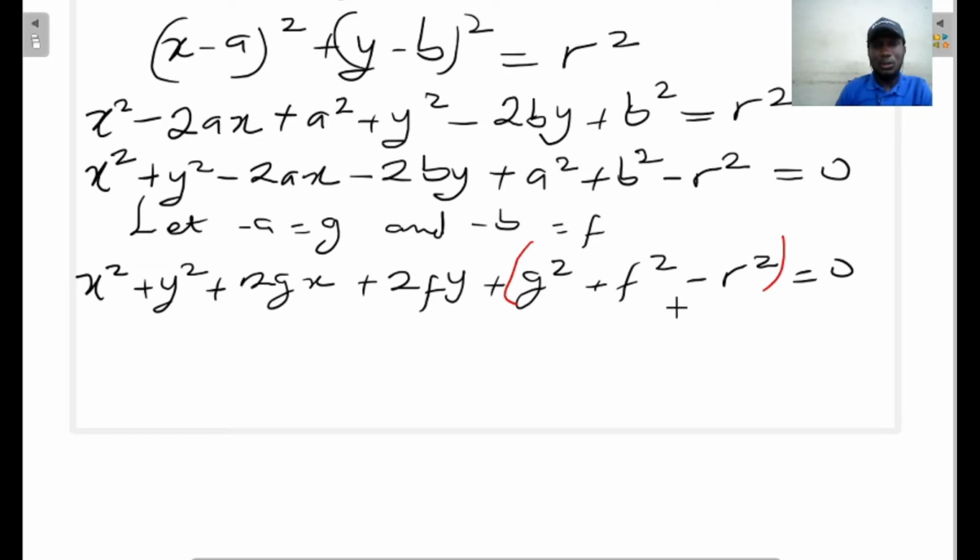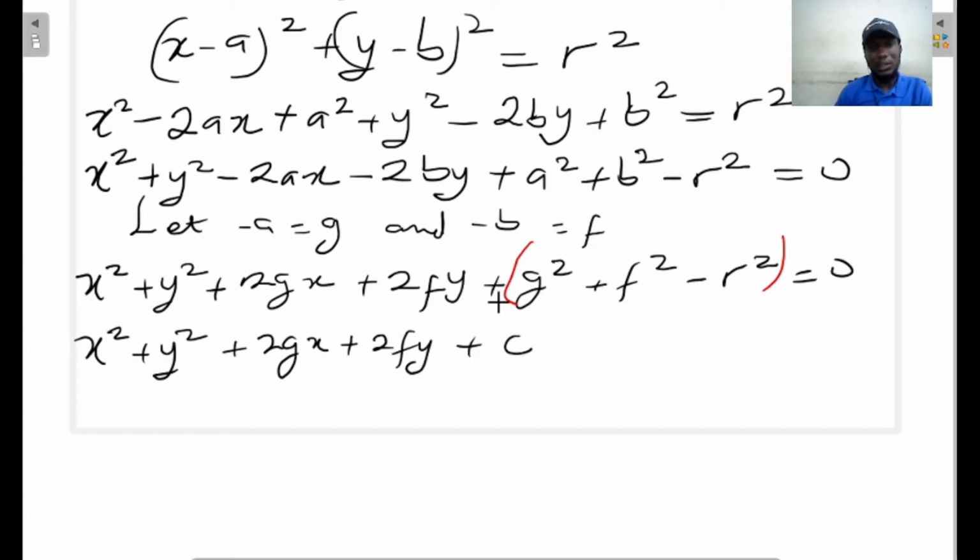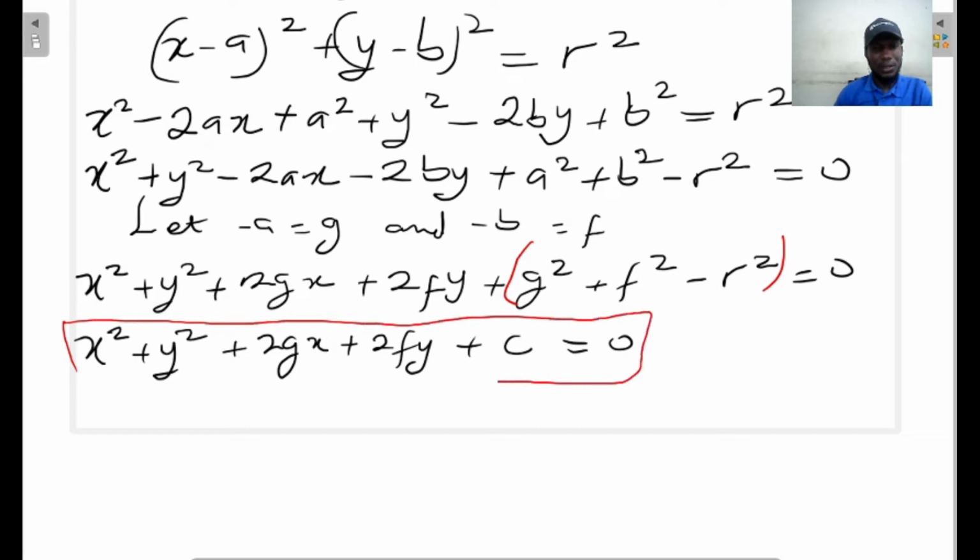So we'll use c in this case, and our equation now becomes x squared plus y squared plus 2gx plus 2fy plus c, replacing all the constant terms, equals 0. And this becomes the equation of a circle